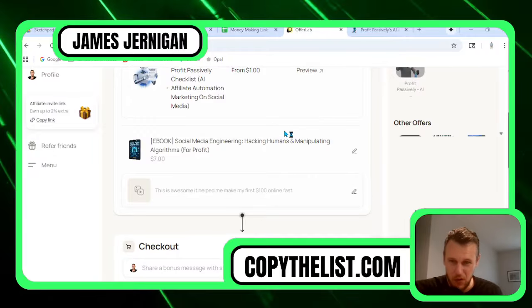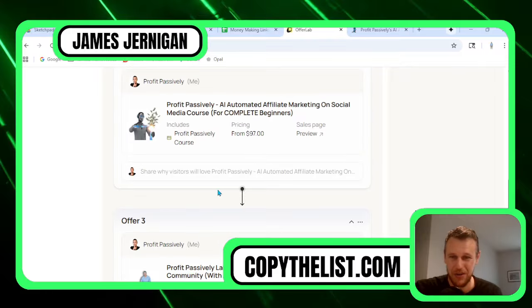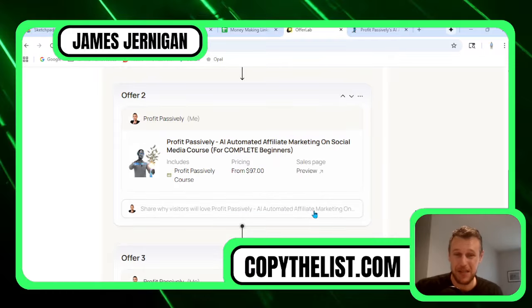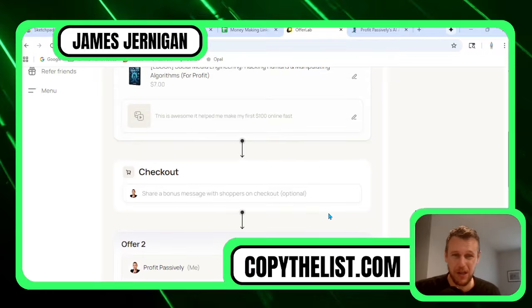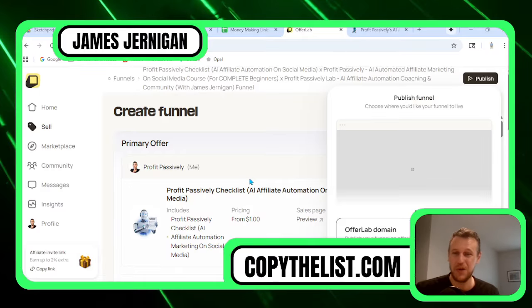So you'll take a few more minutes here to go through and customize this. You'll add a message for the checkout, you can add a message for the upsell page and for the next upsell. So you'll customize this for the people that you're going to be sharing this link with. Maybe you'll be sharing the link on Facebook or email or on your blog, whatever it is. So the next step is going to be to click publish. And again, this costs you nothing to set up. You can now make hundreds of dollars in affiliate commissions, again, because you're pre-approved to promote my products. And so when they sell, you'll be earning a significant portion of the money.